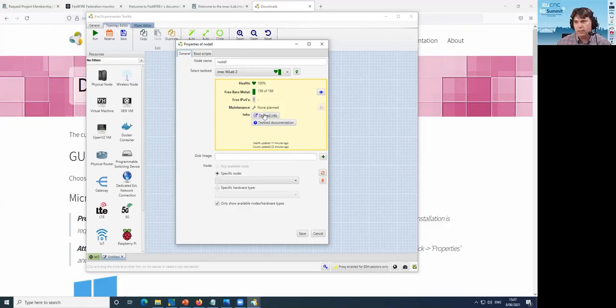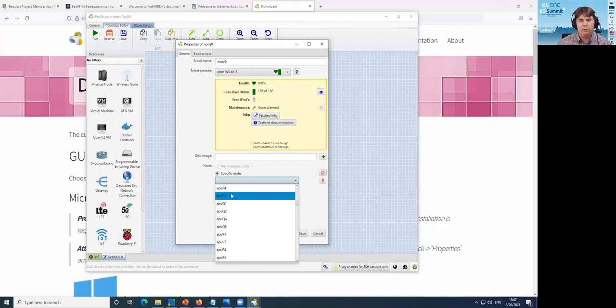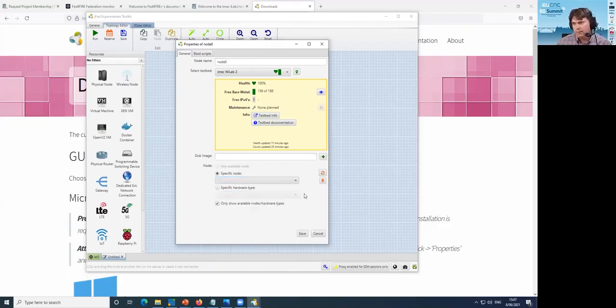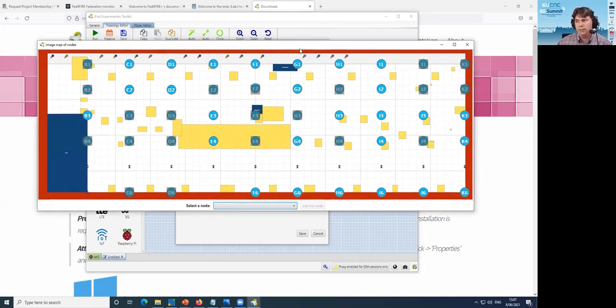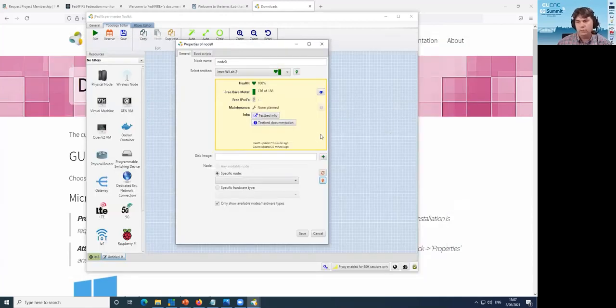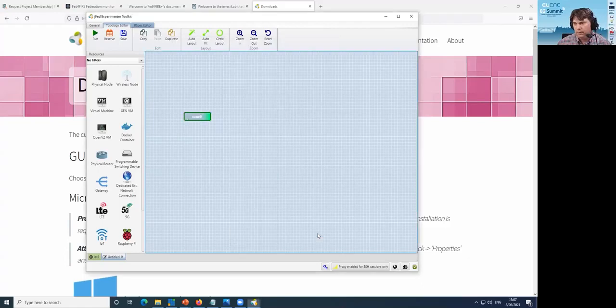Depending on the testbed, for instance for the wireless testbeds, you typically want specific nodes because you want to know the location. If I click this one, you actually have a floor map of the different nodes, because in wireless it is important: do you have two nodes which are next to each other, or maybe you want two nodes which are apart from each other? That's a reason you can use the floor plan to select those nodes. That's an important one. Let's just remove that